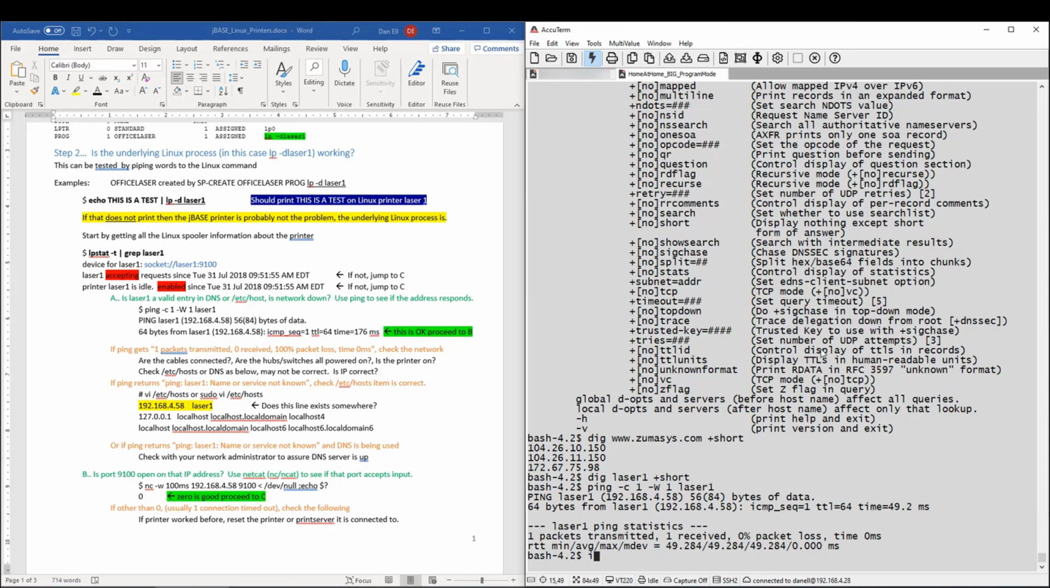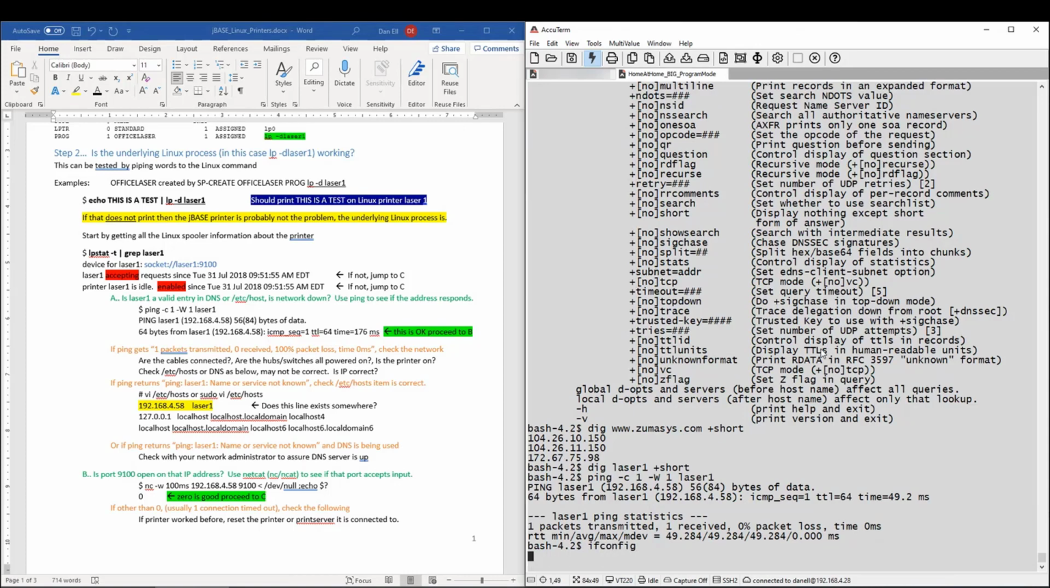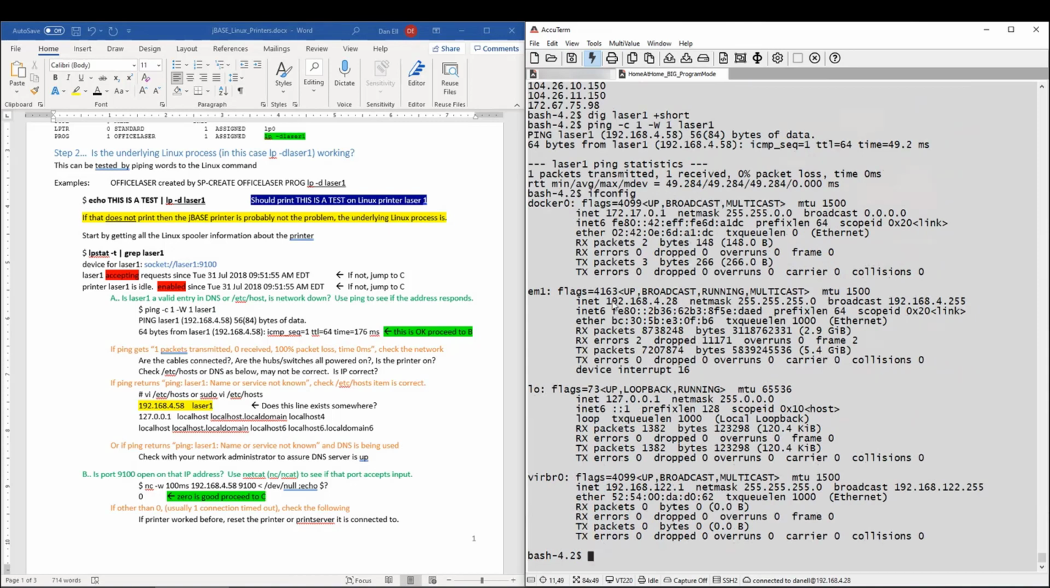No, in Linux it's ifconfig. We do an ifconfig here, and you can see this computer itself is 192.168.4.28. So if I was to ping laser1, and let's say laser1 was pointing to 192.168.4.28, so I was pinging 192.168.4.28,